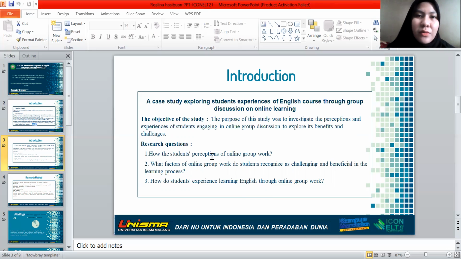There are three research questions here. The first is how are the students' perceptions of online group work. The second is what factors of online group work do students recognize as challenging and beneficial in the learning process. And how do students experience learning English through online group work?